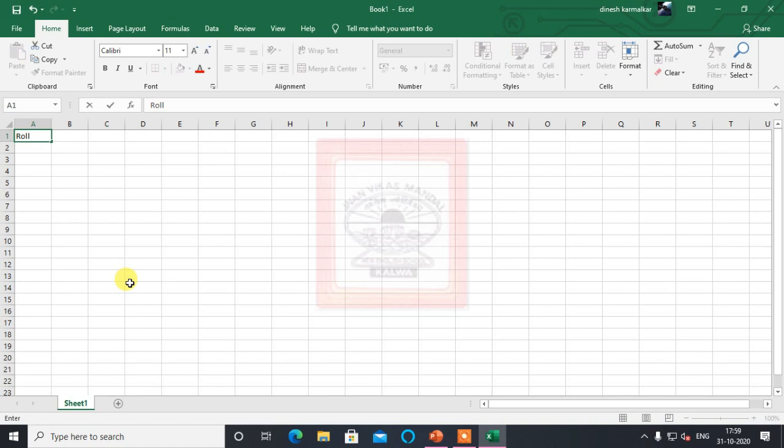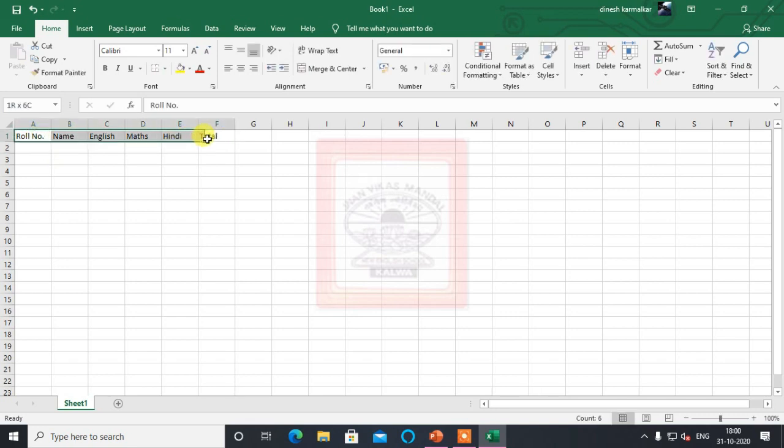First is roll number, then name, then English subject, then max, then Hindi, then total. Of course, if you want, you can find the percentage also, but for today we will see up to total only.